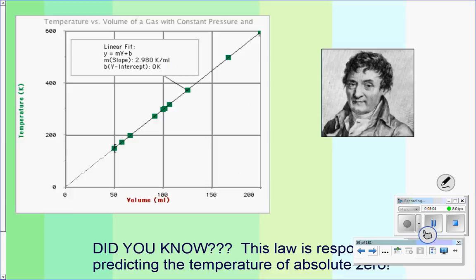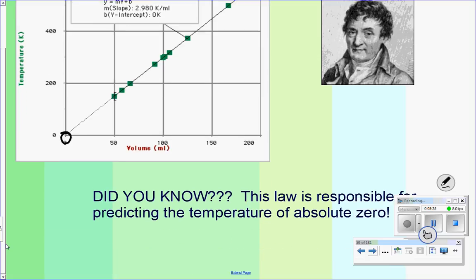What's kind of interesting about his data, if you look at this volume versus temperature graph, we've got all these little green points right here. So these are some data points that maybe Jacques Charles had. What he actually discovered was that if you extrapolate the data, or you do the line of best fit, and you extend this down to zero volume, you can actually figure out where absolute zero is.